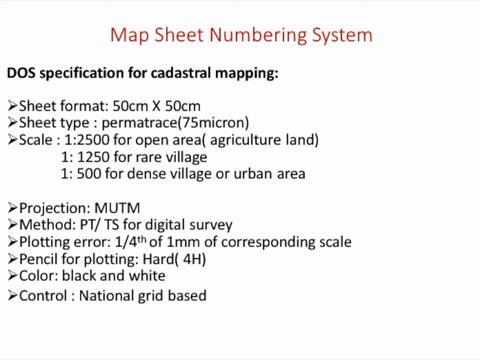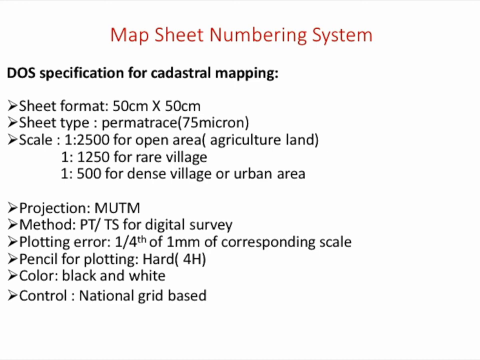It should be 1 to 2500 for open area and agricultural land, for the rear area 1 to 1250, and for urban area 1 to 500. Projection would be the modified universal transverse Mercator projection system, and the instrument used for surveying will be plane table or total station. Nowadays, total station. Plotting here, which will be